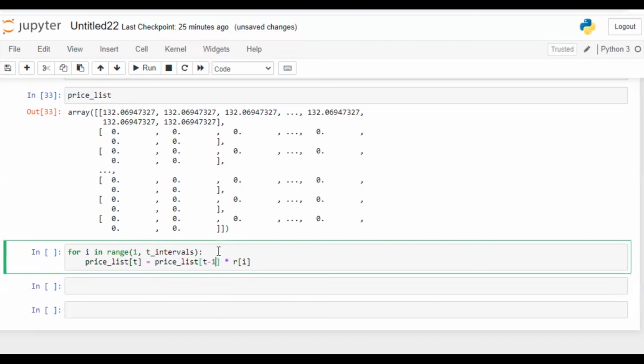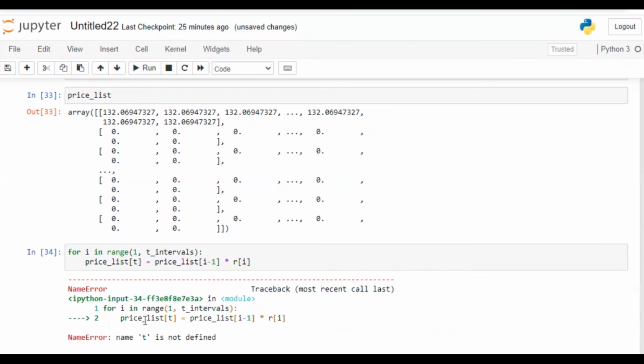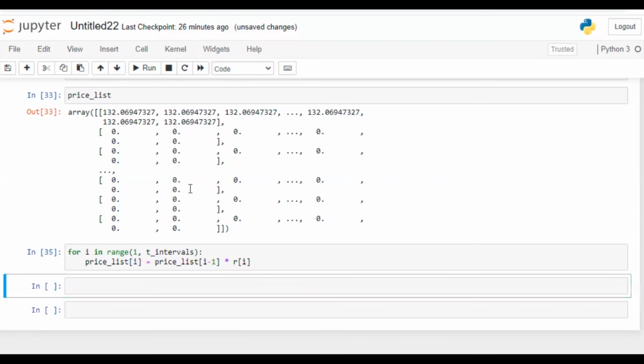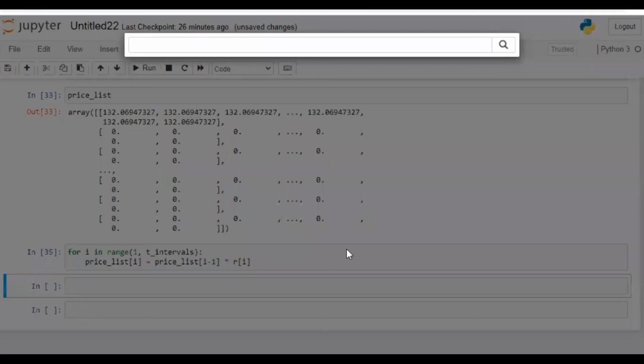So it should not be T, it should be i, because there is no T. I was just remembering this and putting it here. So it's gonna be this. Let's run this. Oops, yeah. So it's gonna be same i. Great. So let's